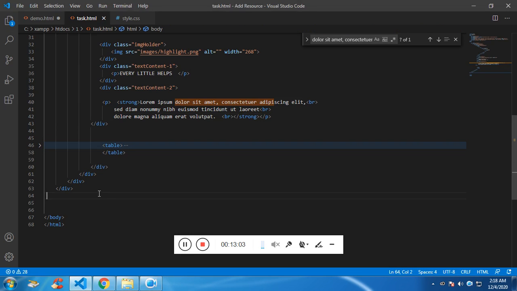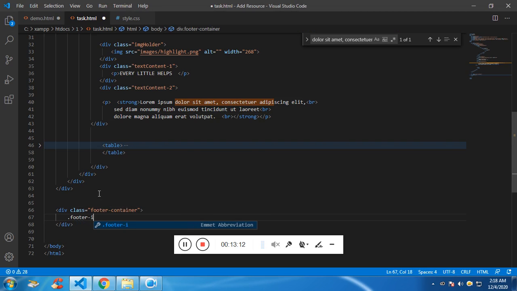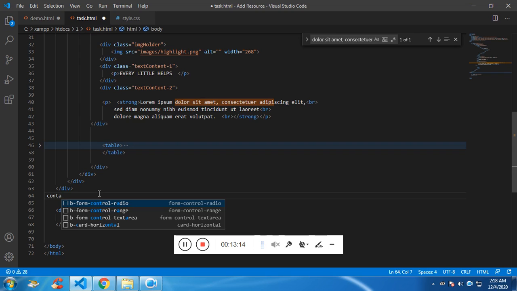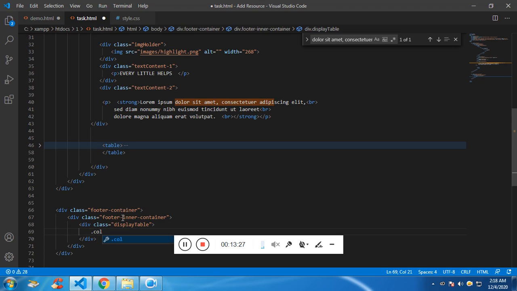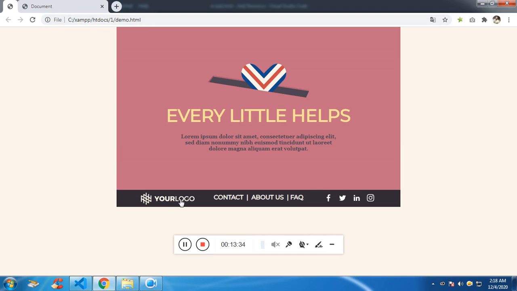So let's create the table. Footer container, footer inner container, display table. It's a class, same class, I don't have to use it. And inside that we have col 1. This col 1 actually holds the logo,